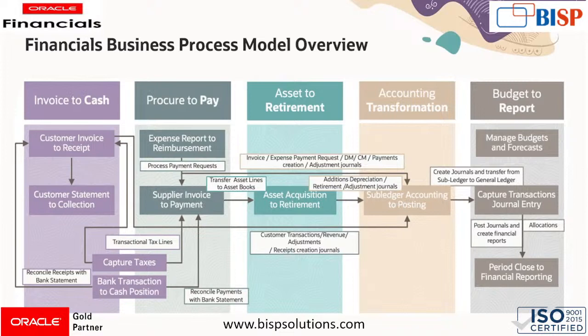So in the Assets work area we perform asset to retirement. In Assets we do the asset acquisition, the addition, the depreciation, adjustment and retirement. So in the Assets work area we do these tasks. And here we also, from the mass addition process,